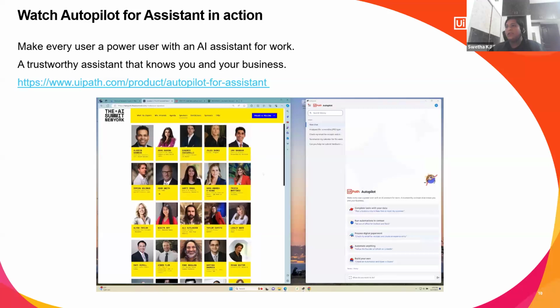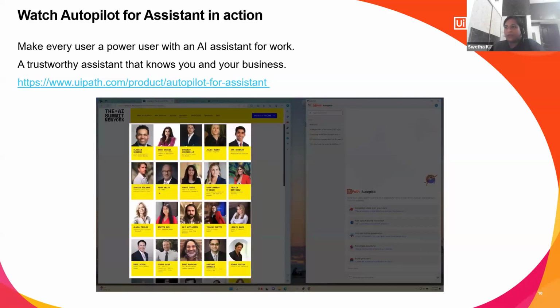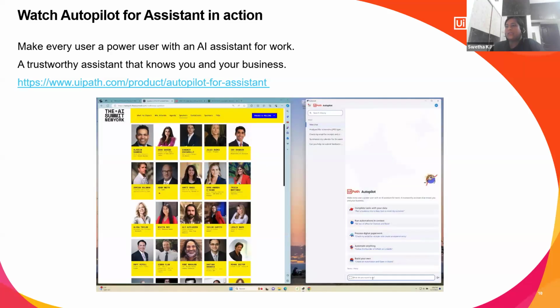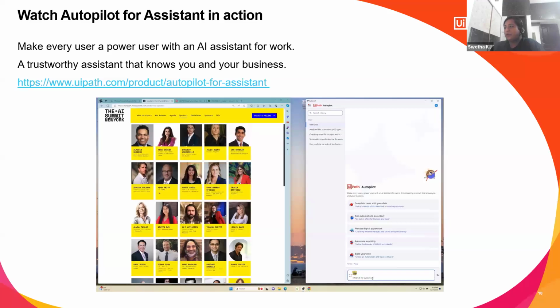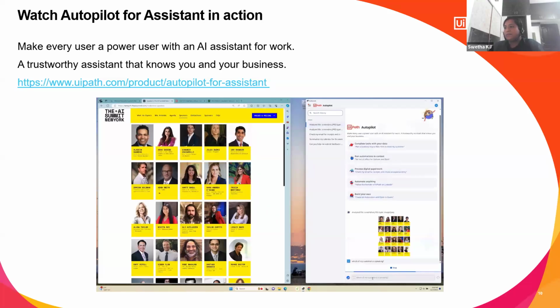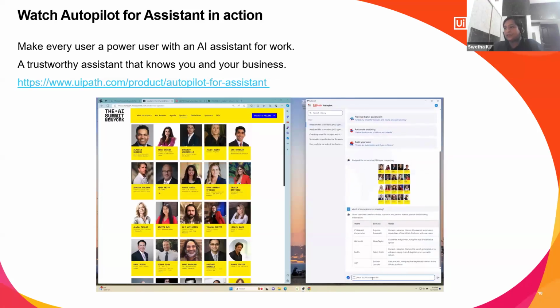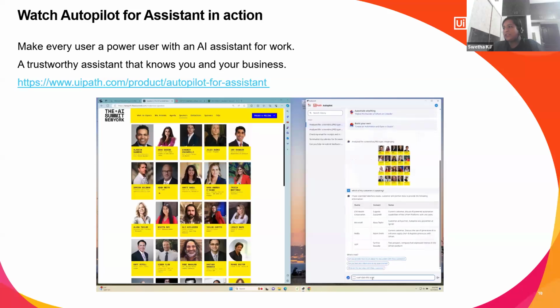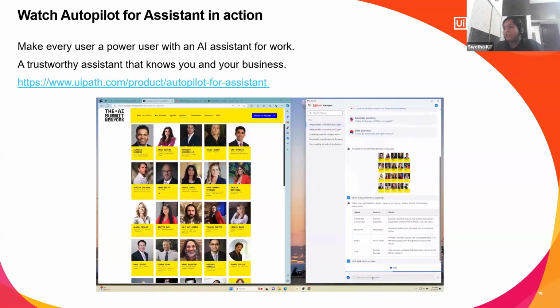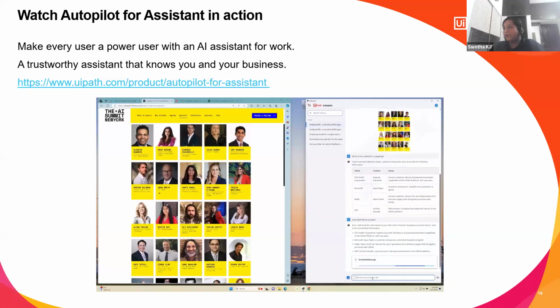So done. Now the user is asking which of their customers in their portfolio are going to be speakers at the event. So he's just taking a snapshot of their customer portfolio and sending it to the autopilot. And now this will pull in data based on the Salesforce details that it has access to, and based on that, it has given the results.